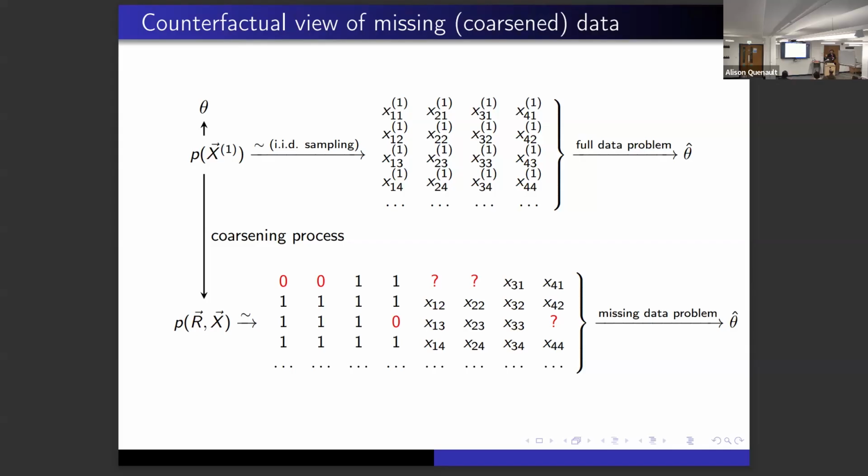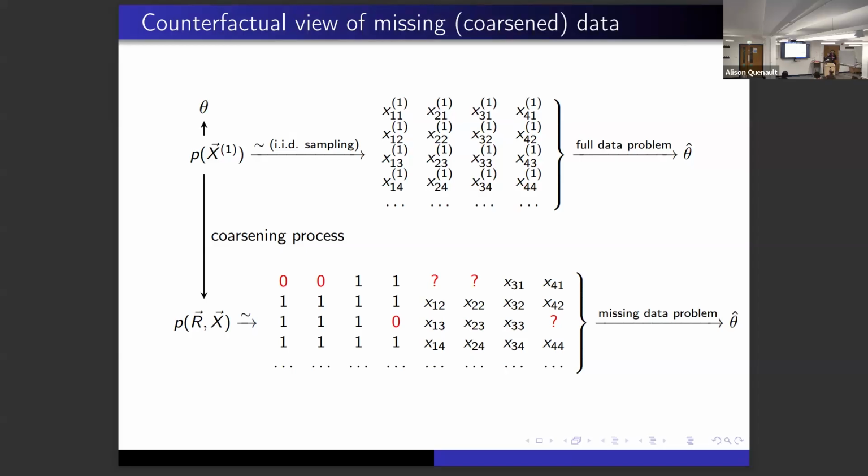So I'm going to use the fact that the question marks occur systematically by just adding another feature to my predictor that has to do with whether there's a question mark or not, and running a prediction problem on that to predict the outcome better. Now, there's nothing wrong with that. But basically what you're doing is you just have some data frame that looks like something on the bottom, and you're just running a prediction on the data frame on the bottom. Perfectly legitimate thing to do, but not a missing data problem. It's just a regular observed data problem with question marks.